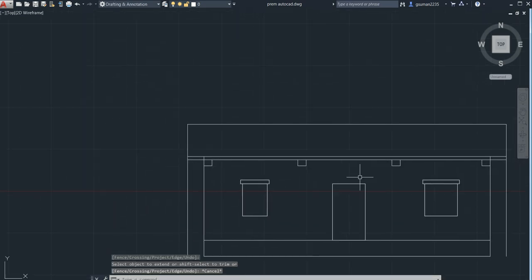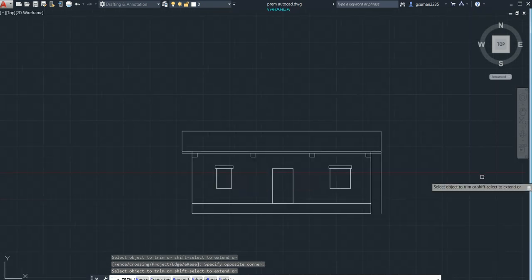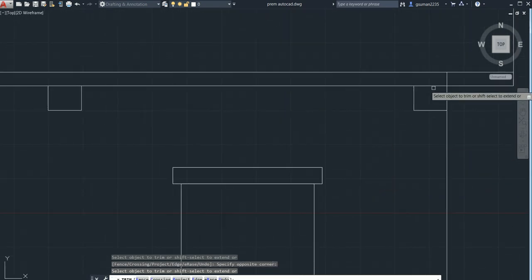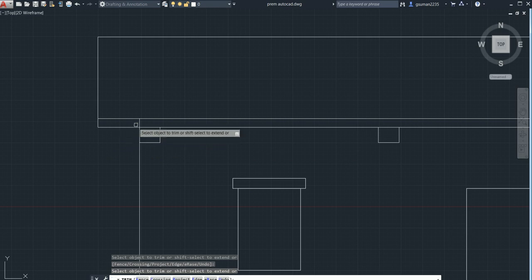We don't need this, so trim it, double enter. Trimmed. Here also it has been trimmed. We don't need this. Here also.